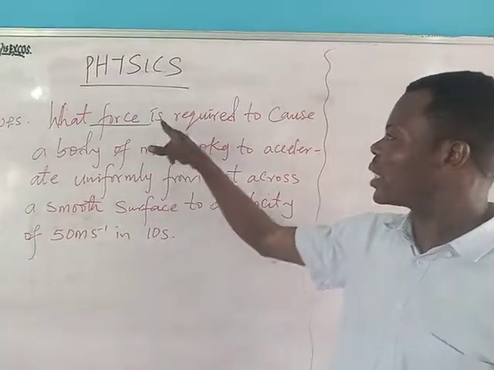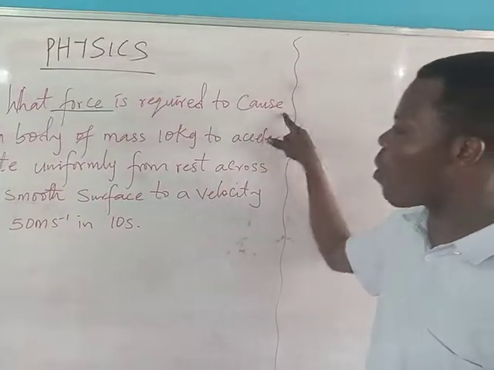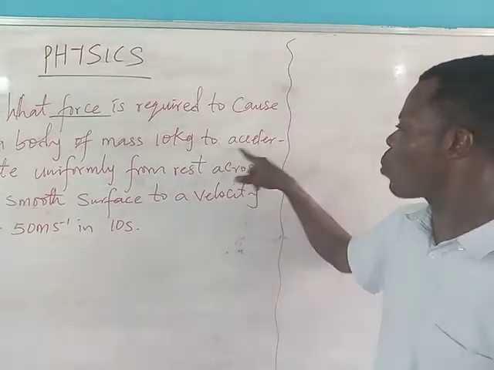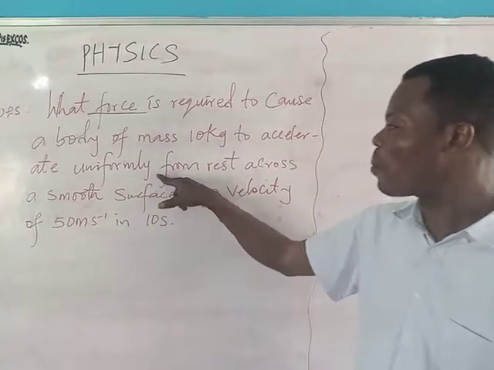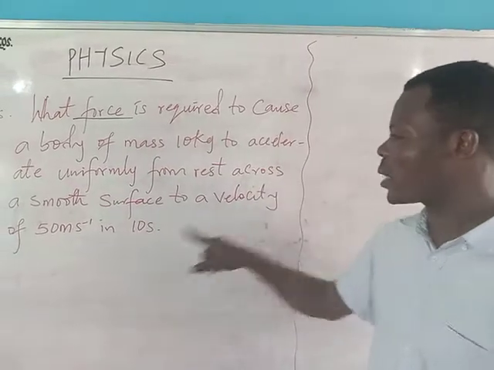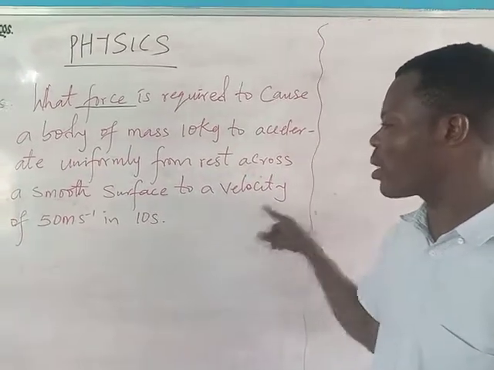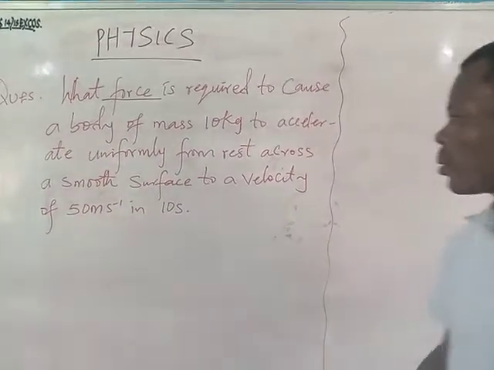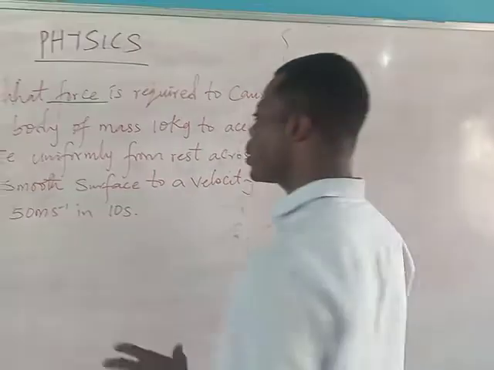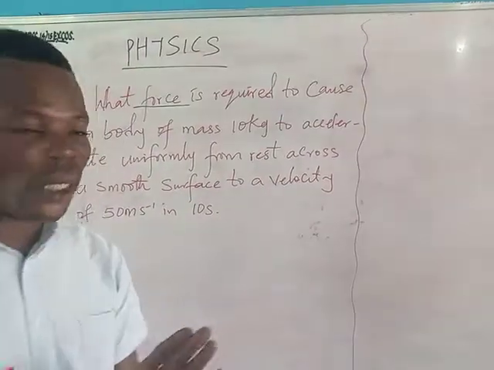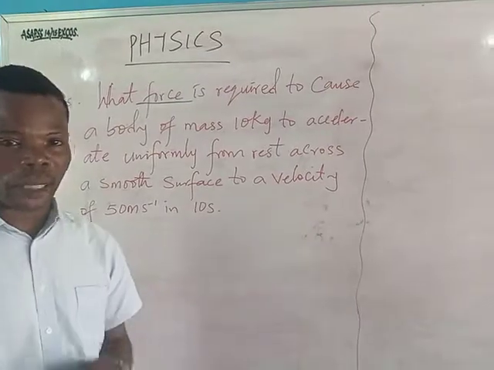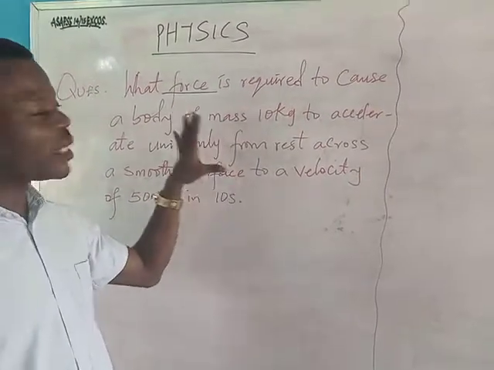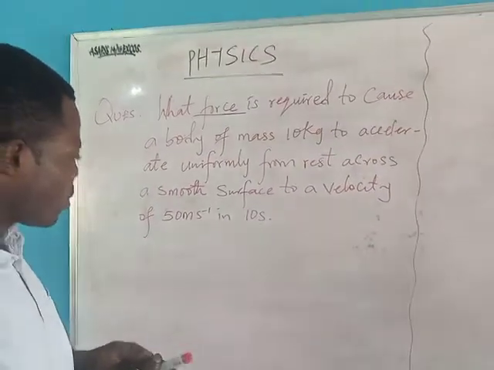What force is required to cause a body of mass 10 kg to accelerate uniformly from rest across a smooth surface to a velocity of 50 meters per second in 10 seconds? Like I said, when you are solving physics, what you need is to bring out the parameters. The parameters that are involved in this question are